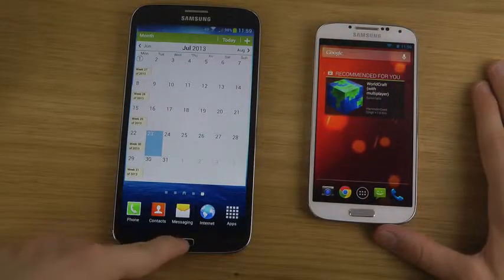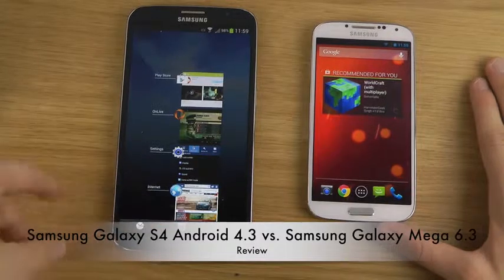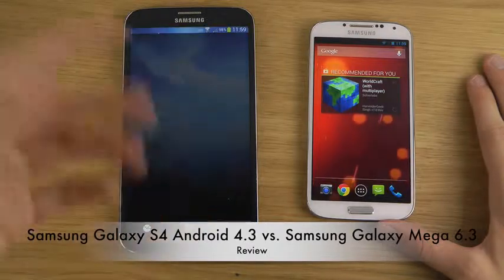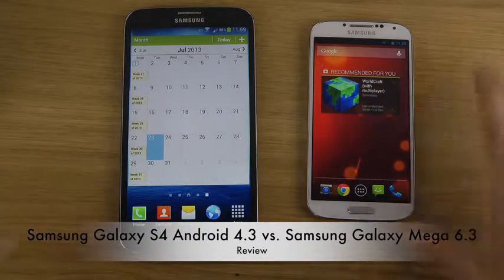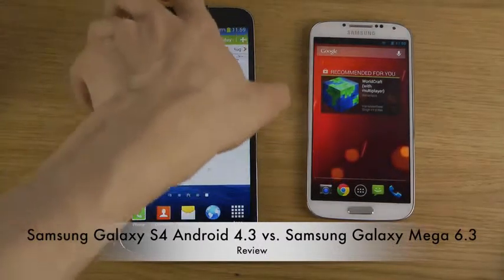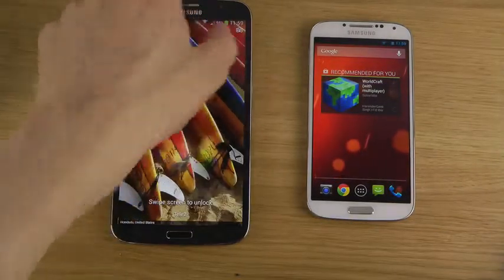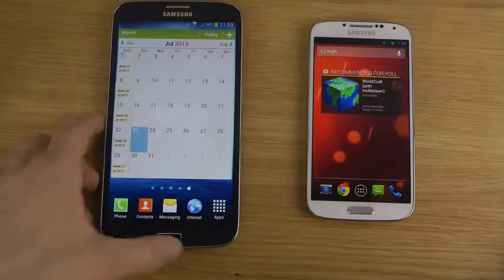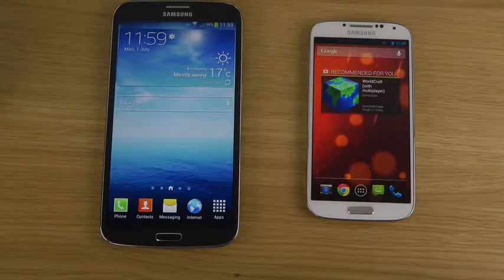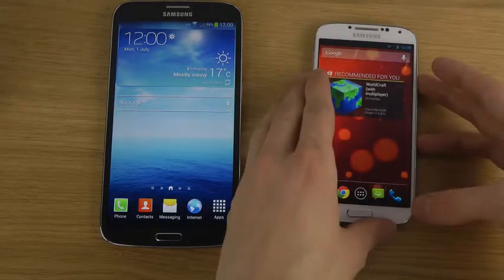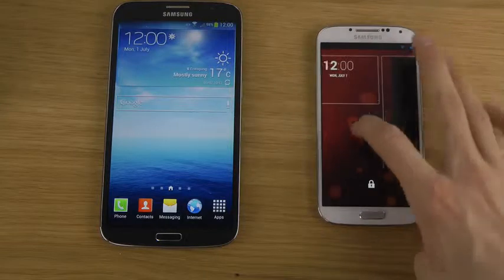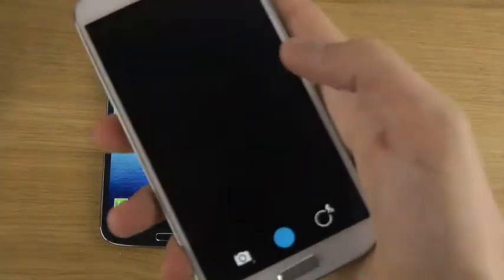And also in terms of multitasking, there is a very cool way that Samsung usually uses: if you want to close all the apps, they usually have just a button to close everything in one click, which is extremely useful if you ask me. You can also see here that Samsung is very good at releasing the latest version of their stuff to their latest smartphones. And something that you do get in TouchWiz for the S4 is also lock screen widgets, same as you get in the stock version of Android. So you can quickly launch, let's say, the camera,